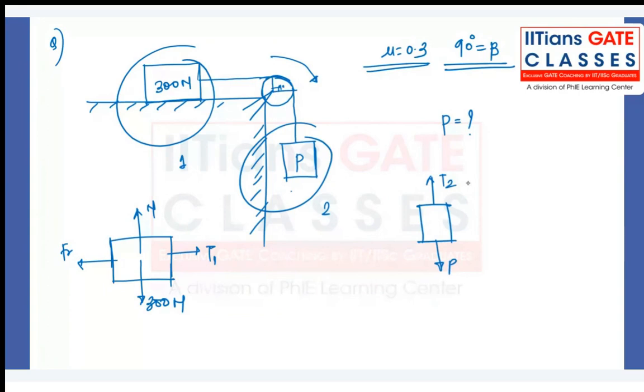Just focus on the direction in which the pulley is rotating. The pulley is rotating in this direction as shown, right? It means the tension on the side where the arrow is, is the high tension side. So T2 is greater than T1 in this case. So you should use the relationship T2 by T1 is equal to e to the power mu beta. Here mu is 0.3, beta is pi by 2. So you'll get a relationship between T2 and T1 as T2 is equal to